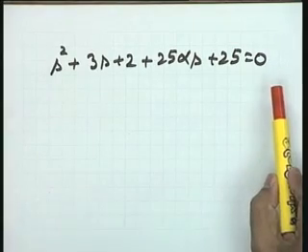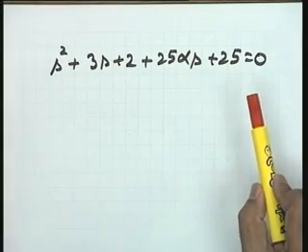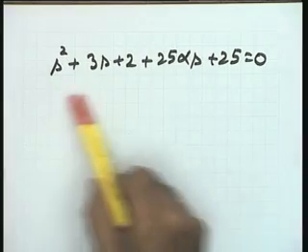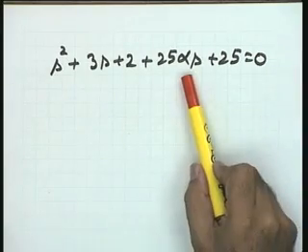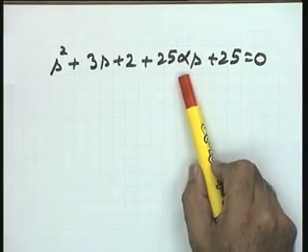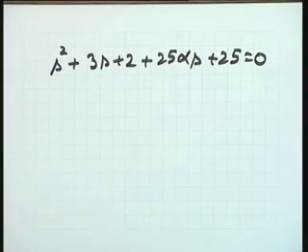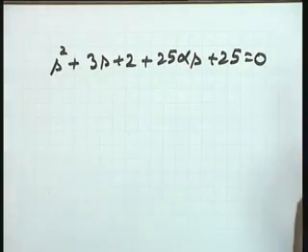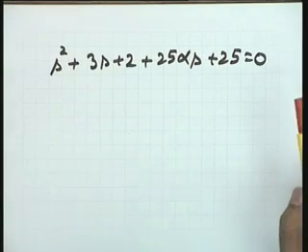If you are studying the effect of alpha using a computer, you will simply find the roots of this equation as alpha is varied from 0 to infinity, or whatever range of alpha you have decided, depending upon the hardware you are going to use. You will vary the value of alpha and look at the roots of this particular characteristic equation, which are nothing but the poles of this system, the closed loop poles.